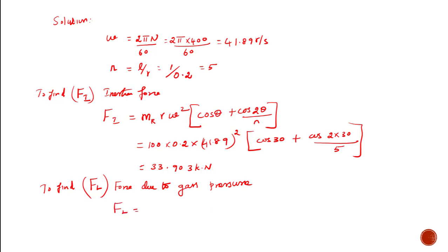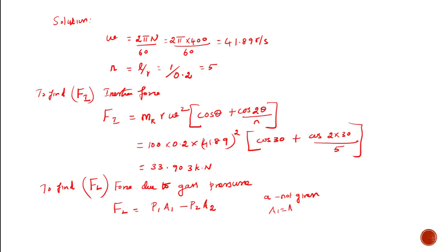We know the formula to find out the gas load, that is P1A1 minus P2A2. This is the general formula to find out that value. But as far as this problem is concerned, the small a value is not given. So I don't know exactly what the a value is, so I'll just take